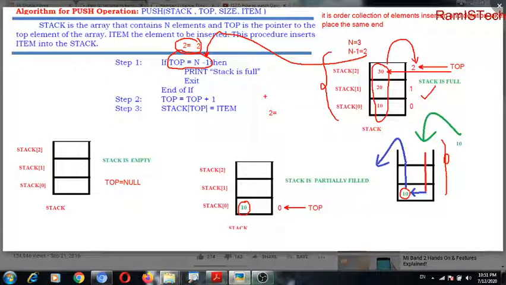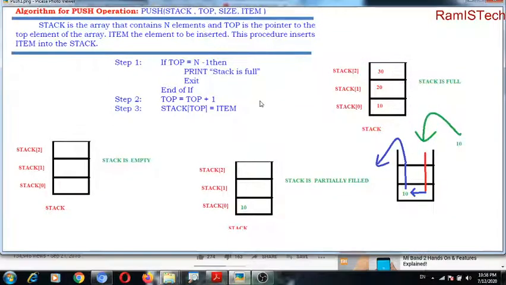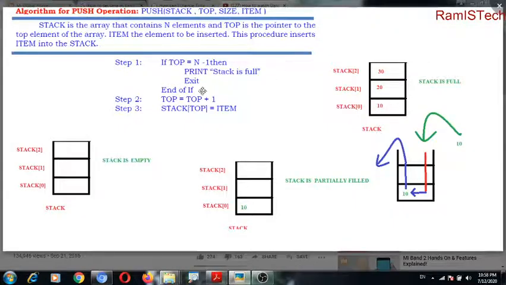Now I am taking the top value for this. What is the top value for this? 0. So 0 is the top value. Correct?